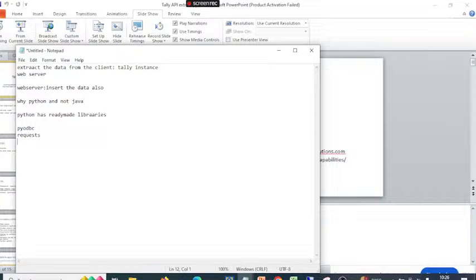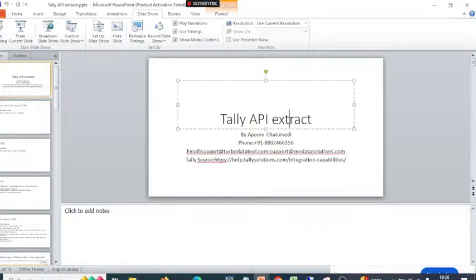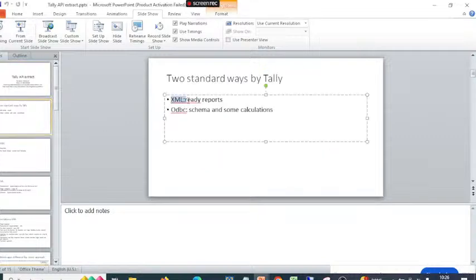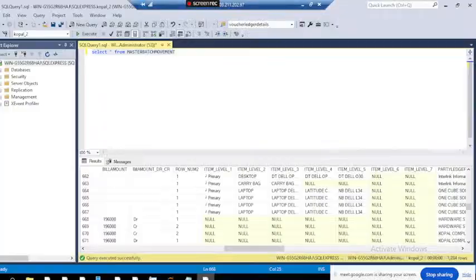So how about the reversal, the other way, how does it work? Tally to the ERP server. Yeah, that's where the initial demo is, because getting the data from Tally to your machine is also very critical, because the client will have his own method of doing it. Tally basically exports the data using either XML reports or ODBC. Correct, XML and ODBC. Sir, what happens is,